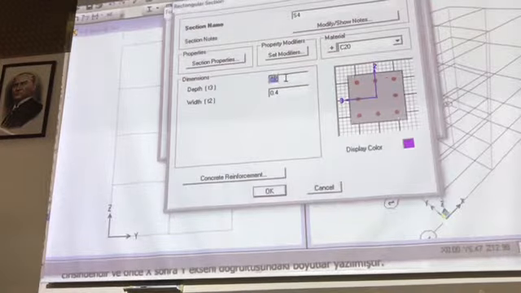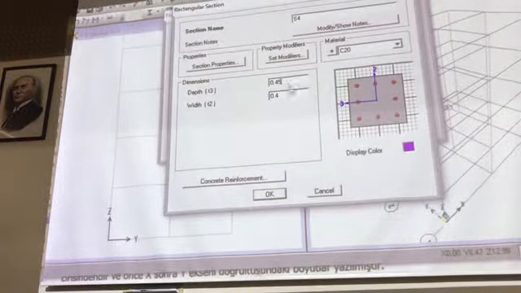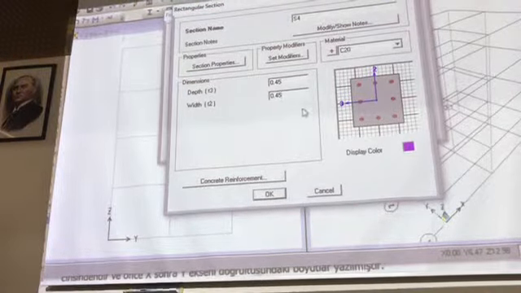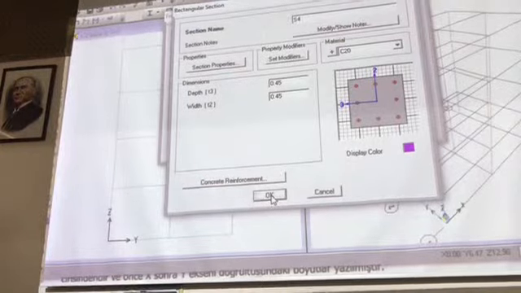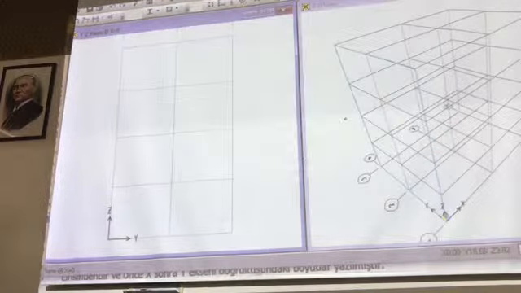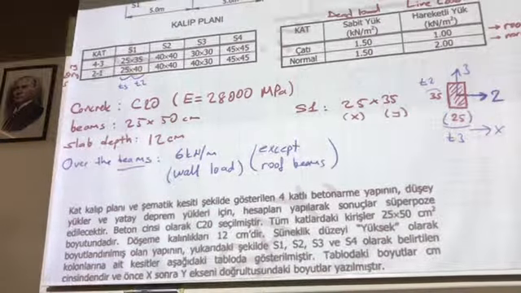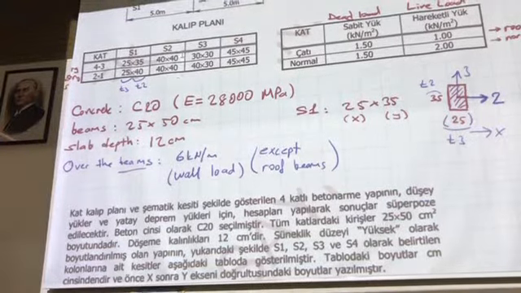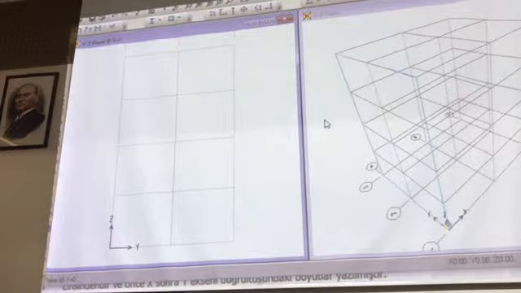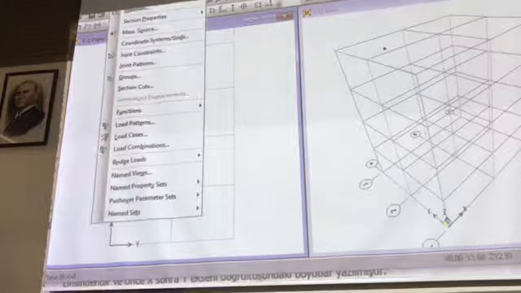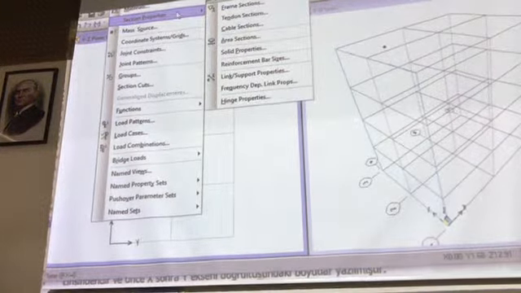Yes, 45 and 45. Okay, these are not important. You can arrange them later. Now all columns and beams are defined, and later we are going to need, or let's do it now,